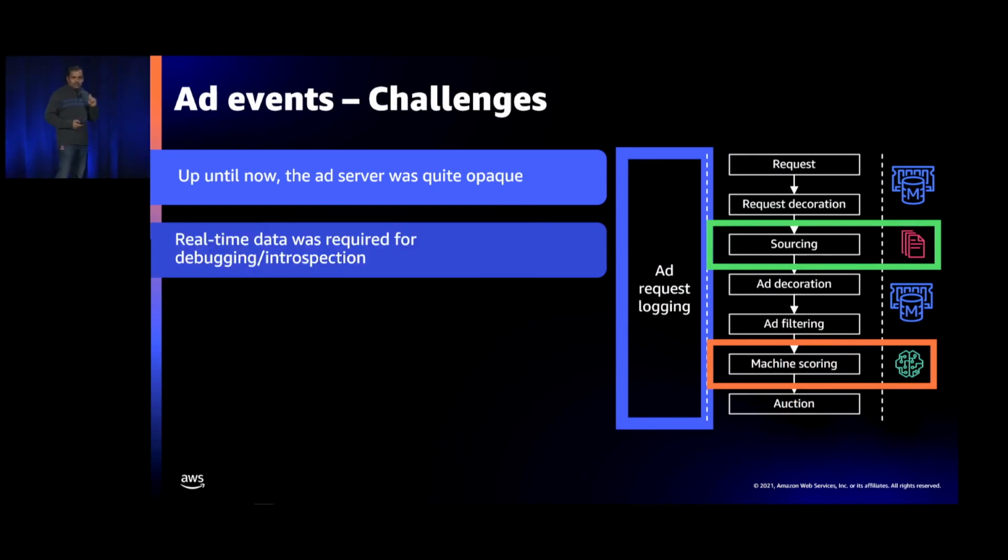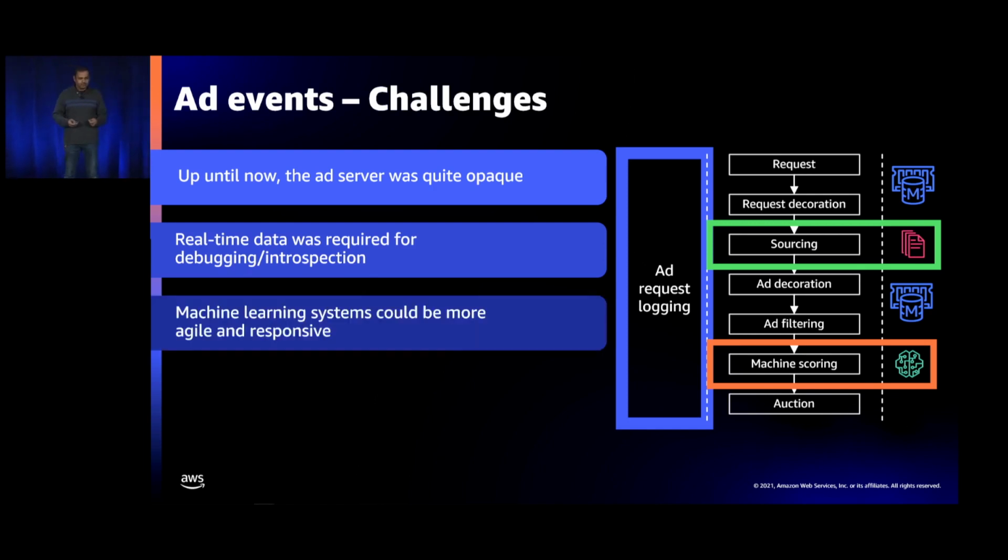Real-time introspection and debugging has its powers. Once you know what is going on in the system, you will be able to innovate upon it. You will be able to analyze. You will be able to figure out where you can optimize your systems. Also, the machine learning systems would love this. They would be able to get more and more of this data to build better scores for, in our case, ad serving, conversion scores, click-through rate scores, and relevance scores, which further improve our business.